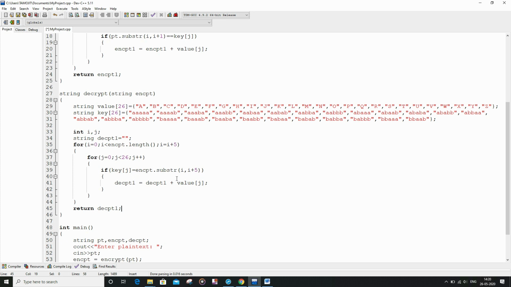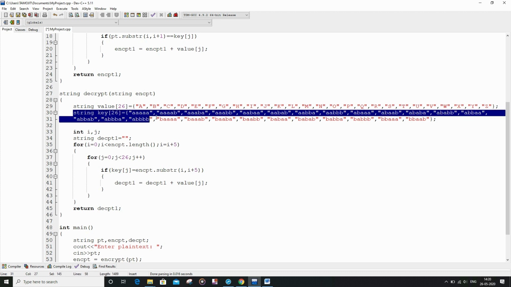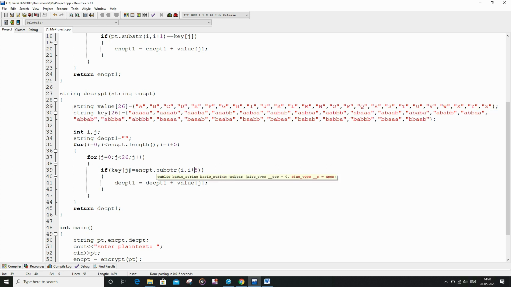That basically means that for each of the segments, if it is going to be equal to any of the keys as we declared here, then it is basically going to store the index, or basically j will become our point of consideration, and for that j I am going to concatenate the decrypt1 string variable with itself, plus we are going to concatenate the corresponding index present in the value string array.